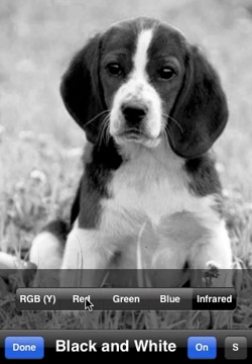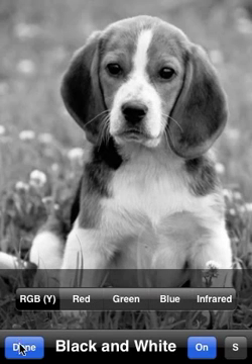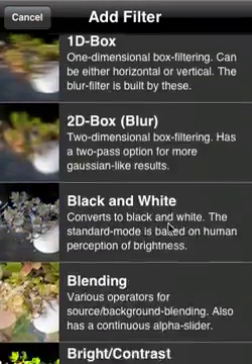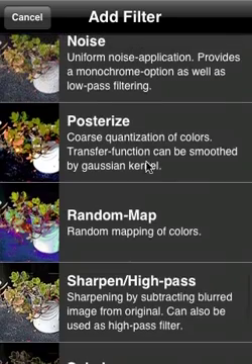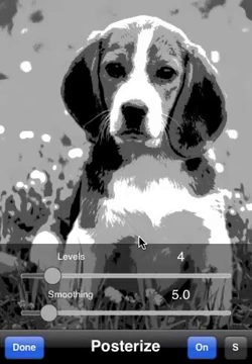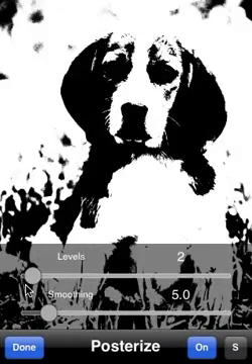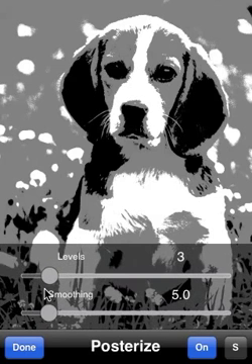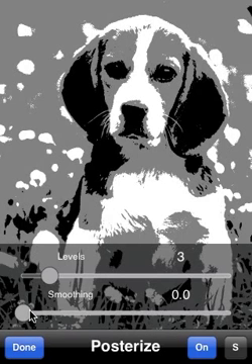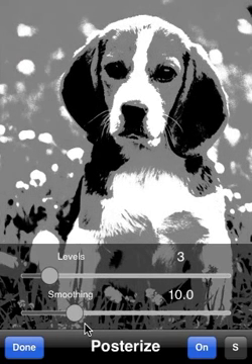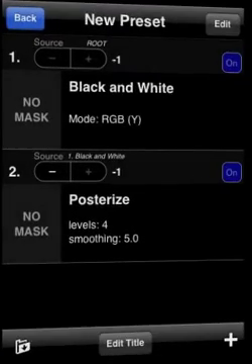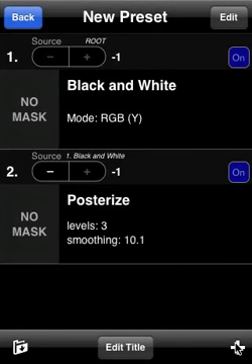You can have different modes for how to compute the black and white picture. Then I'm using the posterize mode. So you can say how many levels the picture should be painted in. You can also smooth the boundaries of the individual steps. And this is still black and white, and now I want to